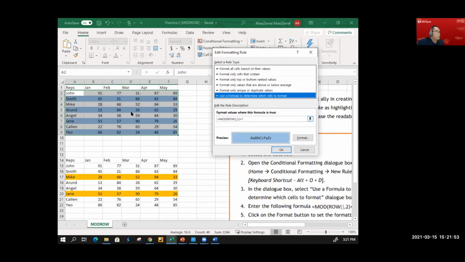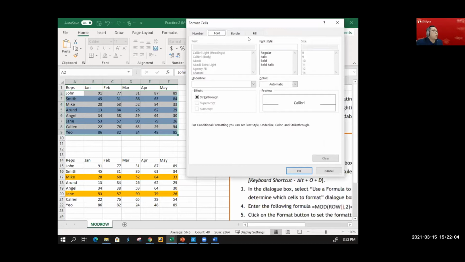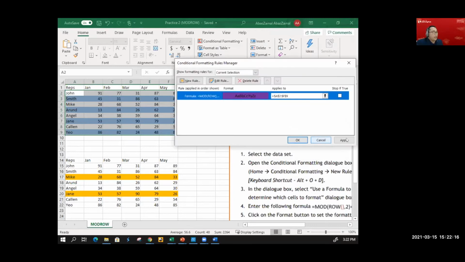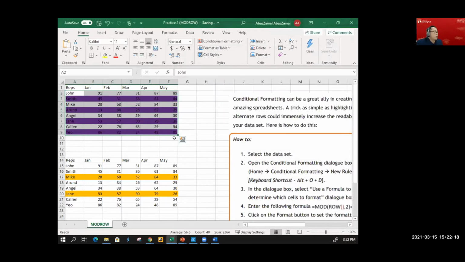What does it mean? It means that for the second line onwards, highlight to me in the color that I've selected. The color here, I can change to any color that I wish. So I just go to fill, and in fill, let's say for example, I change it to this color. Once done, I click OK, I click apply. There you go. You will be able to see that the color has changed. So ladies and gentlemen, can all of you download the link that I've given, and let's practice this, shall we?